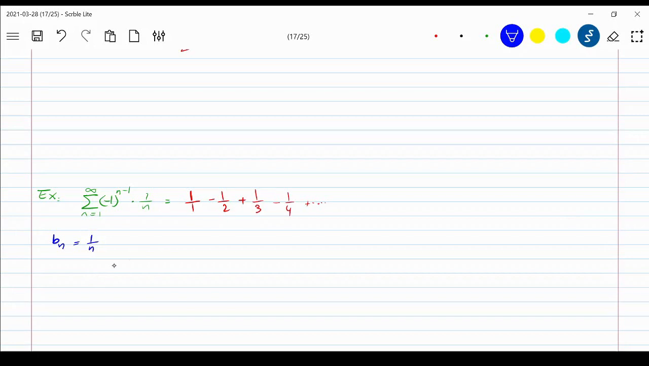So now, is Bn decreasing? Is Bn plus 1, which is 1 over n plus 1, less than 1 over n, which is Bn? This is the question. And simply, since the denominator is increasing, this is a true statement. So Bn is decreasing. So it satisfies the first condition